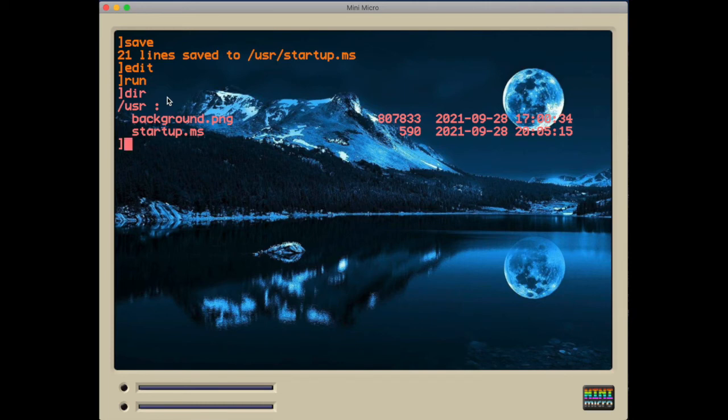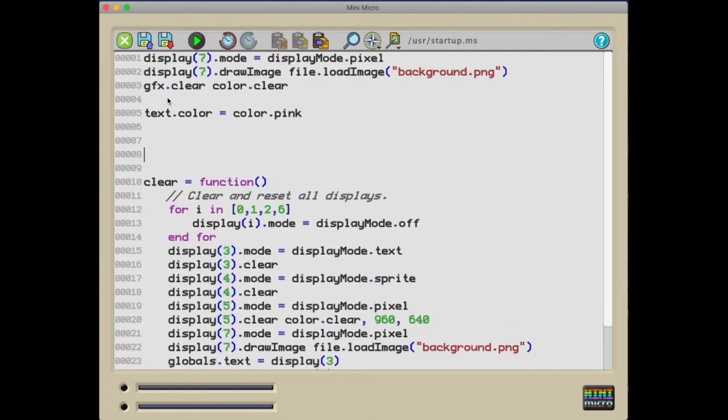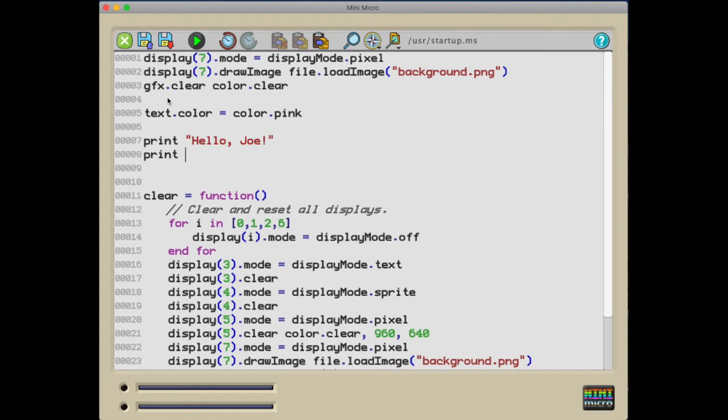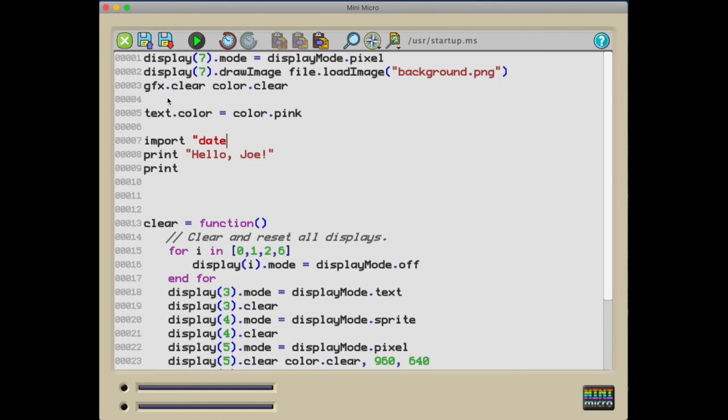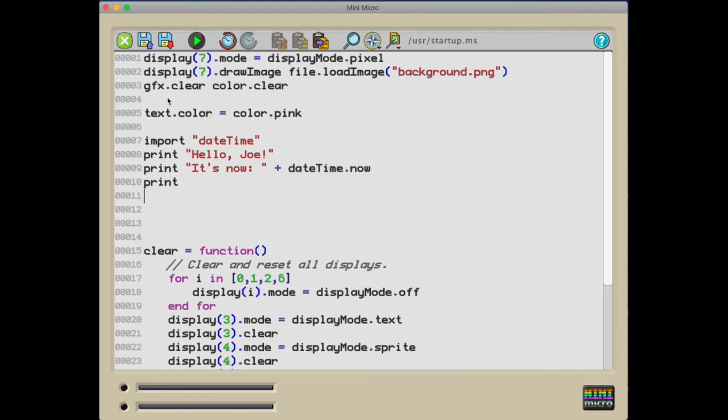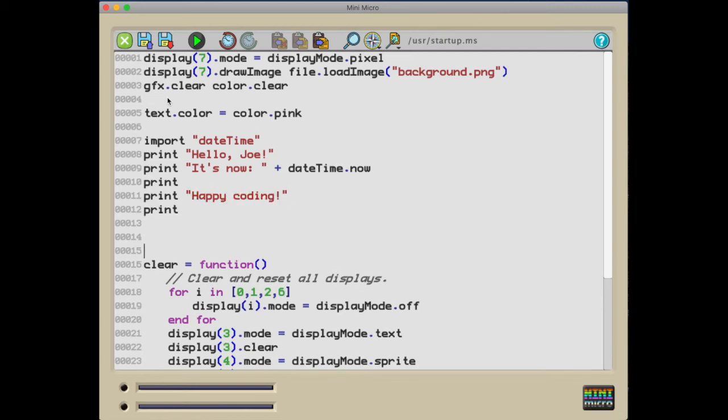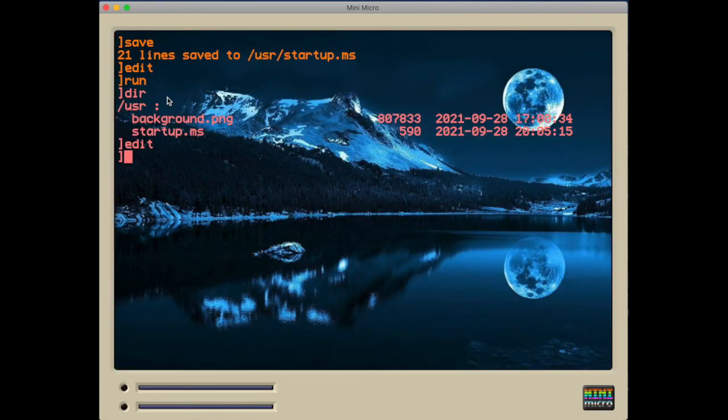Since this is the startup script, we can do anything we want to happen when the machine starts up. We could, for example, print a nice welcome message. Could have it say, "Hello, Joe." And how about we have it display the current date and time? We'll import the datetime module and print datetime.now, and a blank line, and then maybe "Happy coding," another blank line. So let's save all that, exit, and I'm going to again shut the machine down, relaunch